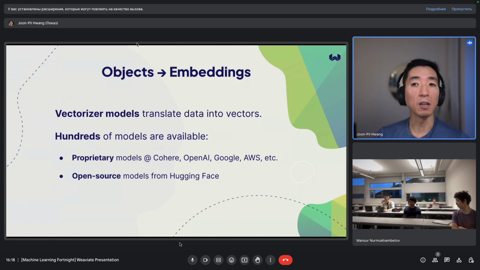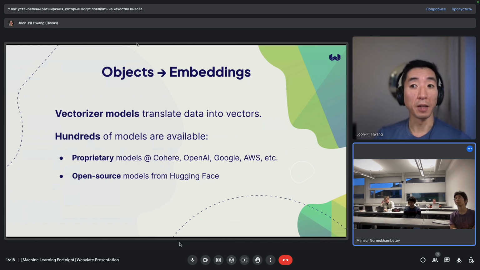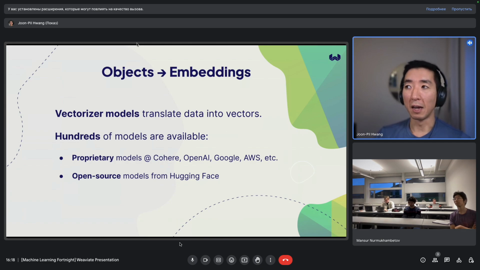There are these days a ton of proprietary models available through friends at Cohere, OpenAI, Google, and AWS now has vectorizer models available, and so on. And of course, there are all of these open source models available from Hugging Face, some of the more popular ones being all your sentence BERT based models that have been around for a while, and new ones keep being developed. You'll even find specialized models that are fine-tuned for particular domains like legal, medical, and so on.